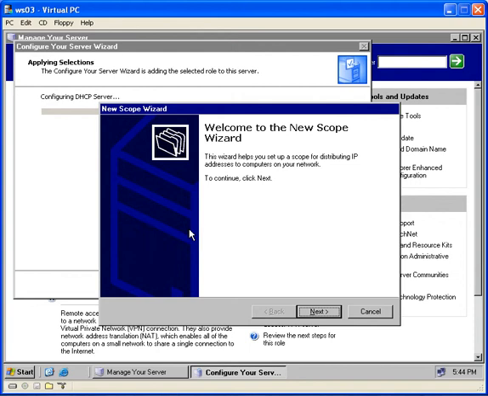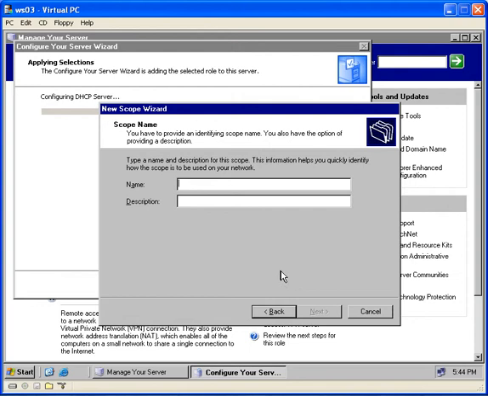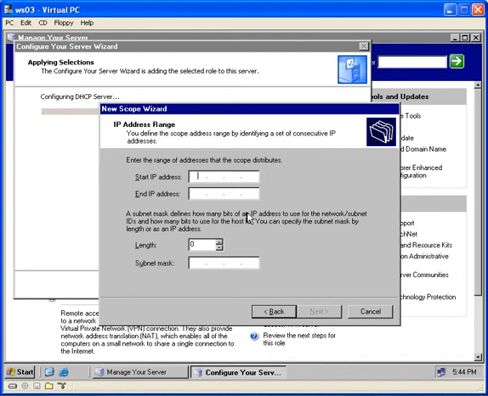So now you can see that the DHCP server install has been completed and it's launched the new scope wizard. So we'll click Next, and we're asked for a name of the new scope. So I'm going to type in Toronto as the name of my local scope for the Toronto office. And then on the IP address range page, we're asked to define a range of IP addresses. So here we'll start with